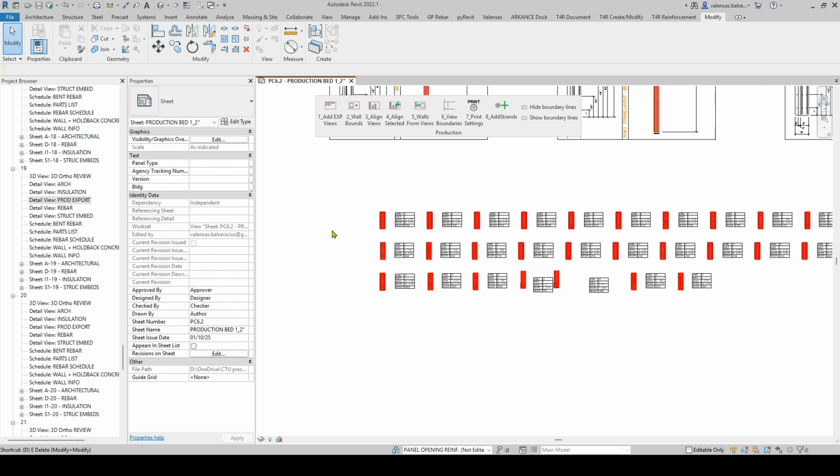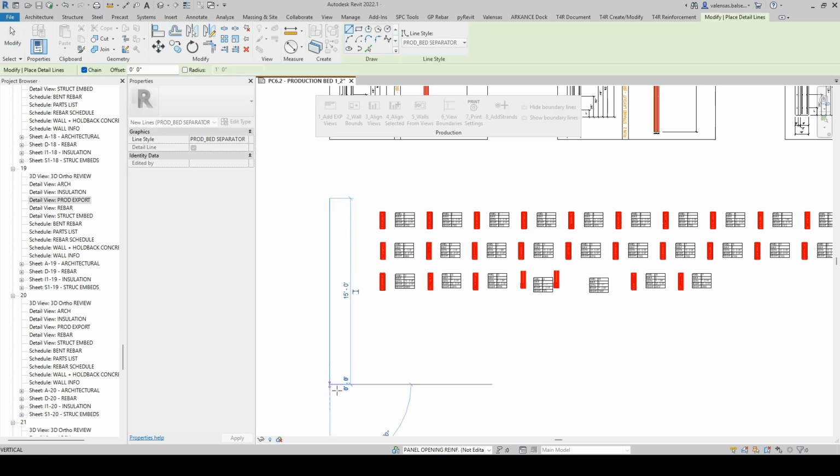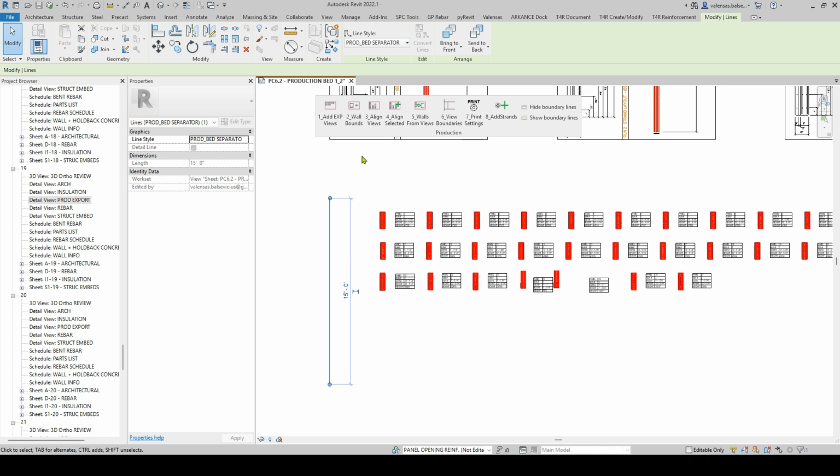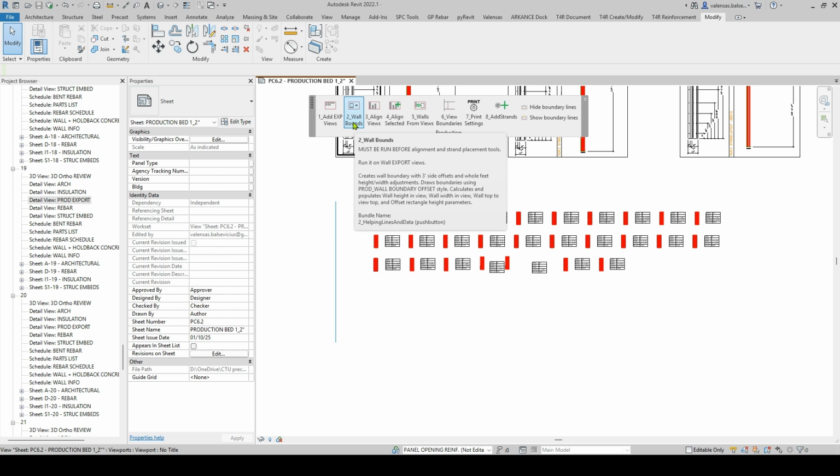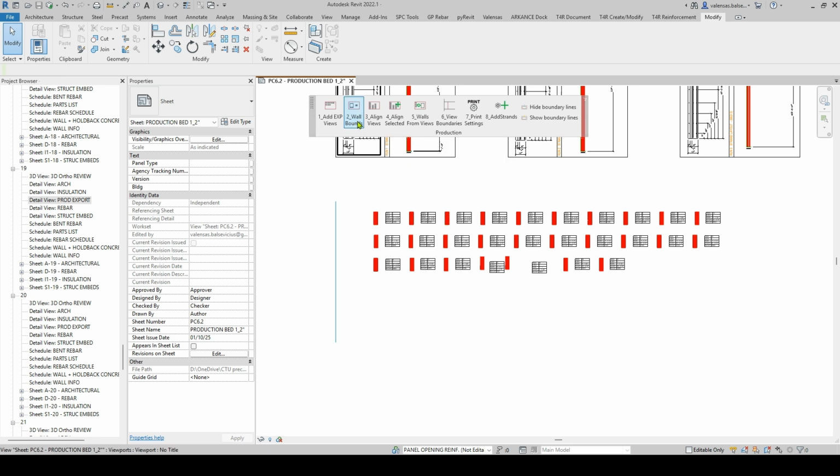So for that, I'm just gonna draw any kind of line. So I can use this tool for that. So it will align all views to this line. So I'll just, oh, sorry. First of all, this one will calculate the